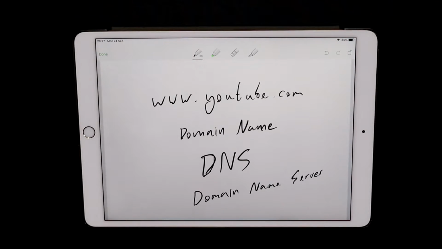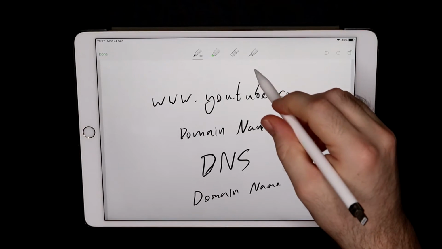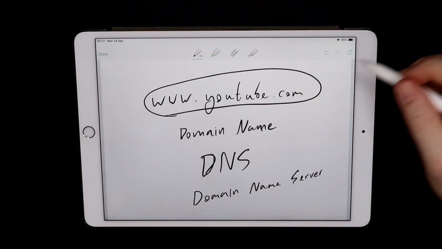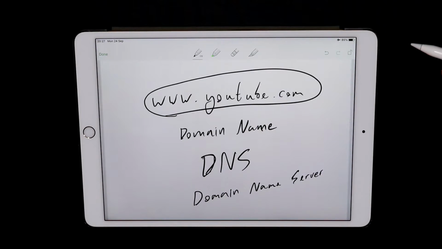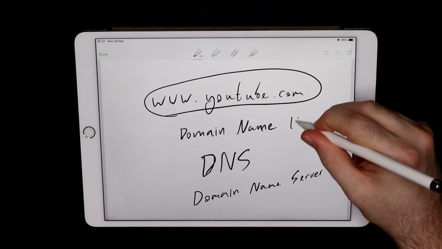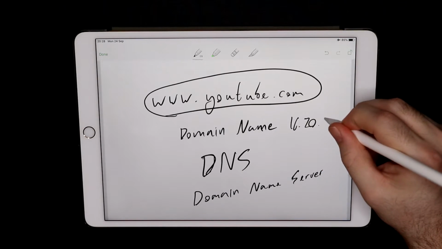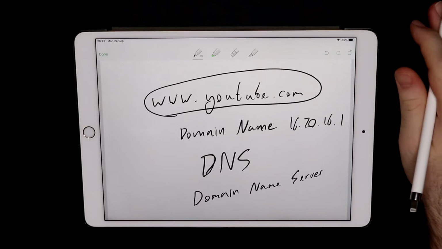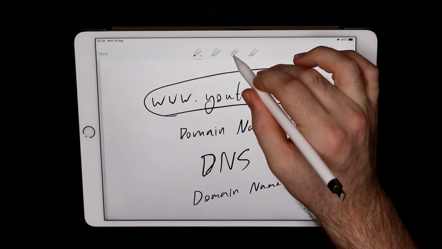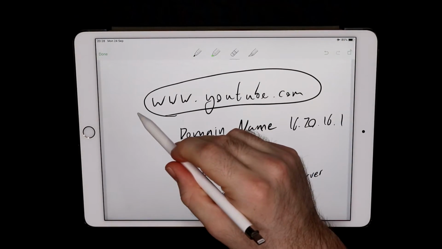And DNS is very simple. Its entire job is to take this and convert it into an IP address, e.g. something like 16.20.16.1. How does it do this? Well,